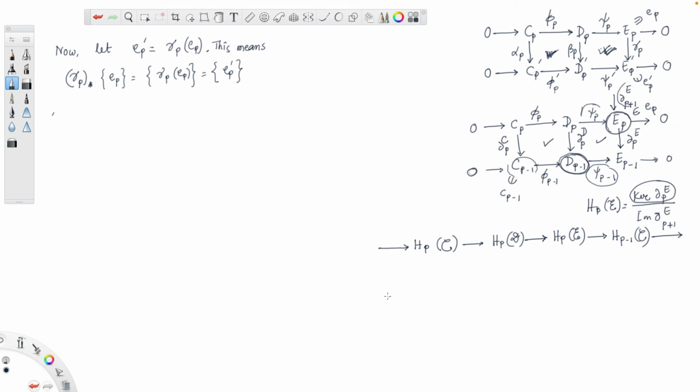And at the bottom we had another long exact sequence, HP of C prime to HP of D prime to HP of E prime to HP minus 1 of C prime, and